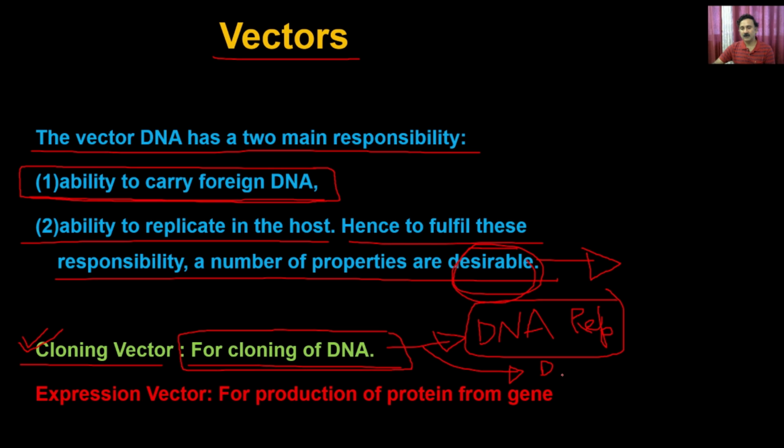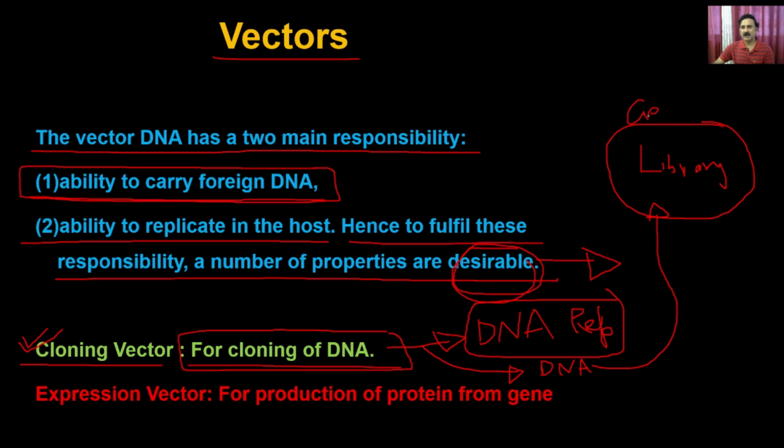but you want to generate the DNA, and you want to insert that into a vector so that you can have a complete set of DNA, and that you do simply to generate a library. So you want to generate a library of DNA in a vector, and that is called the genomic library, for example. If you generate the genomic library you can generate it in a cloning vector. And what is the purpose of this genomic library?